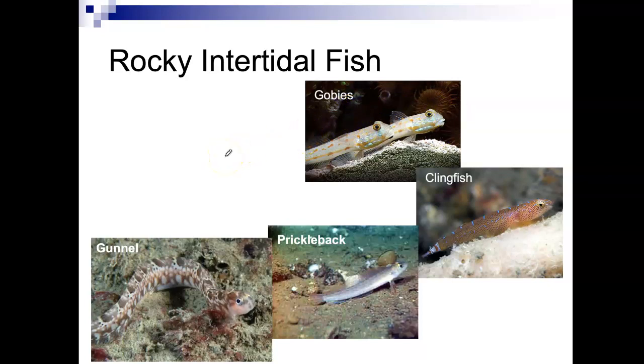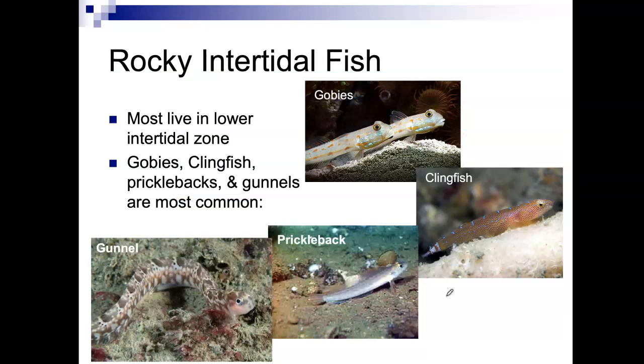But what you do want to know is that these guys, again, are going to have these kind of more elongated bodies to allow them to hide in the crevices as the tide moves out, or when the tide moves in to hide from wave action. And then many of them are going to lack swim bladders, so they can, again, just sit on the bottom like this. And then they'll oftentimes have modified pelvic fins to be able to prop themselves up, attach to the bottom, or even suction themselves down. So pretty interesting. So again, most live in this lower intertidal zone when you're talking about the rocky intertidal fish,